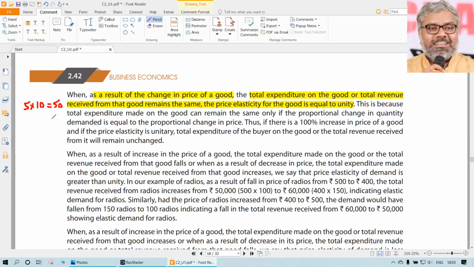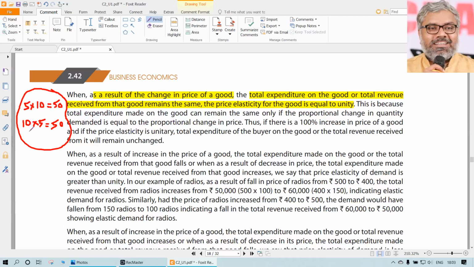That was 50. Now just imagine the price of the product is increased to 10. When the price is increased to 10, imagine the number of units purchased by the buyers is reduced to 5. So when the price was 5, the number of units purchased was 10, and total expenditure was 50. Now the price increased from 5 to 10. Naturally, the number of units consumed will become lesser, from 10 to 5. But the point is, did the total outlay change? No, it did not change. Which means, irrespective of the price, the total expenditure is going to be the same. Total outlay is going to be the same.